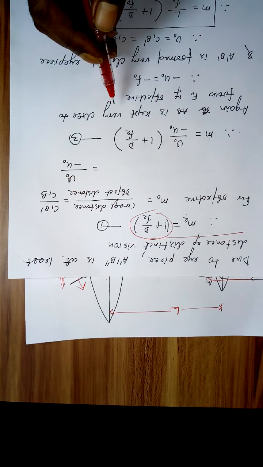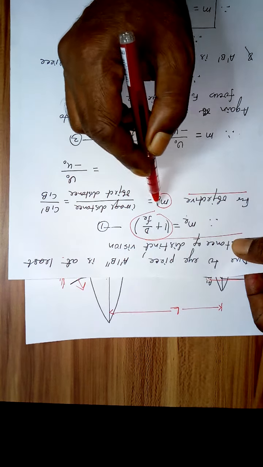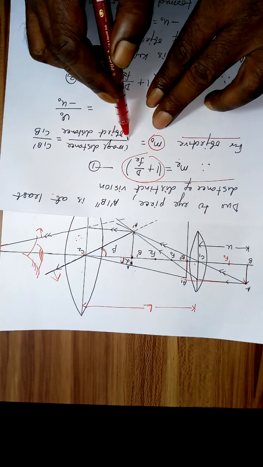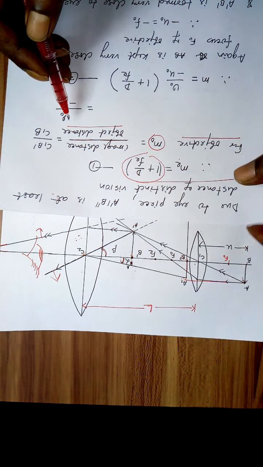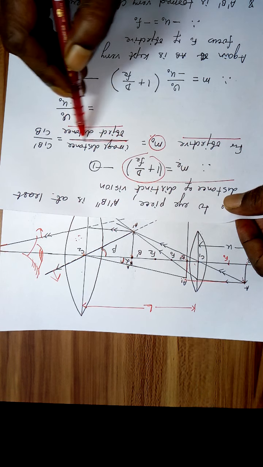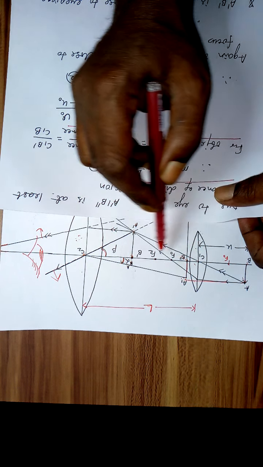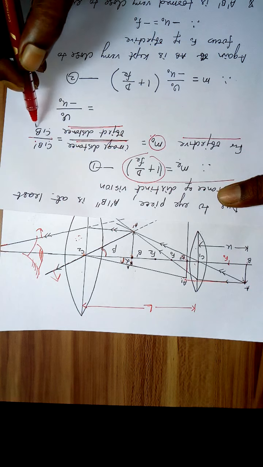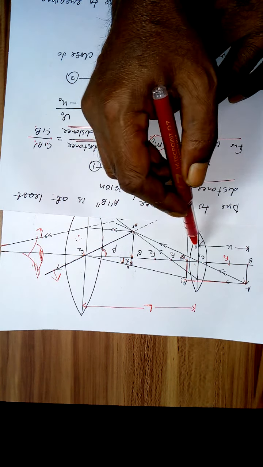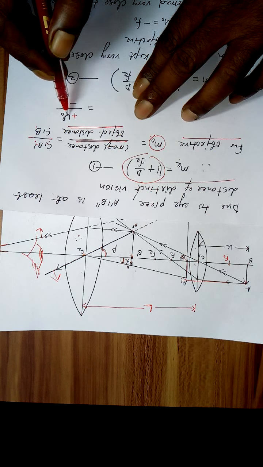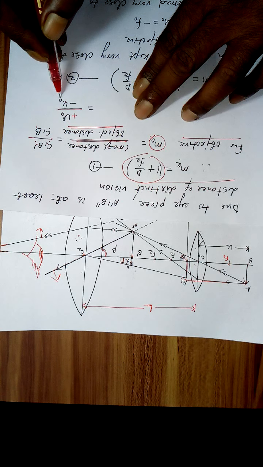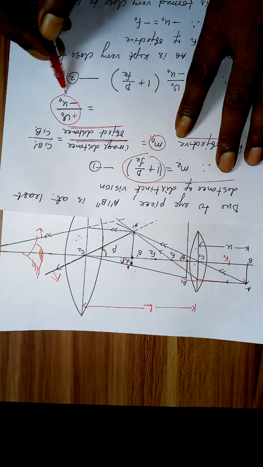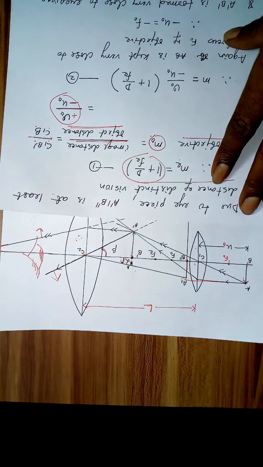Now for the objective, how much will this be? For the objective, the magnification will be image distance by object distance, derived in an earlier lecture. So MO is the image distance due to this, from C1 to B dash, over the object distance, from C1 to B. C1 B dash is in the direction of light, so plus V naught, where V naught is the image distance, and U naught is the object distance to the left side. Let it be U naught. Right?